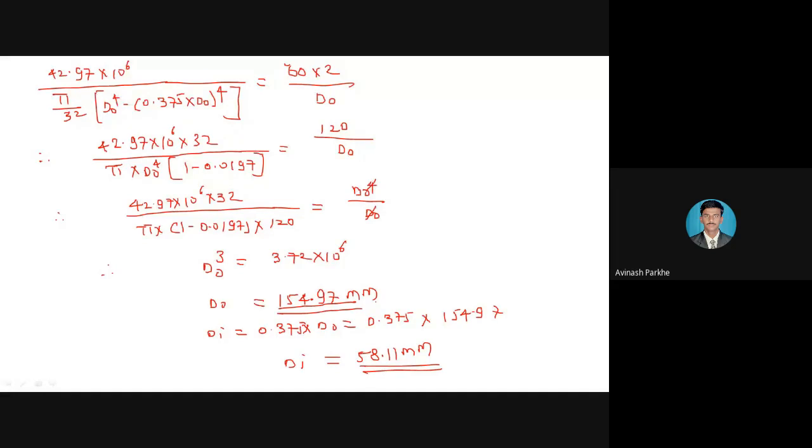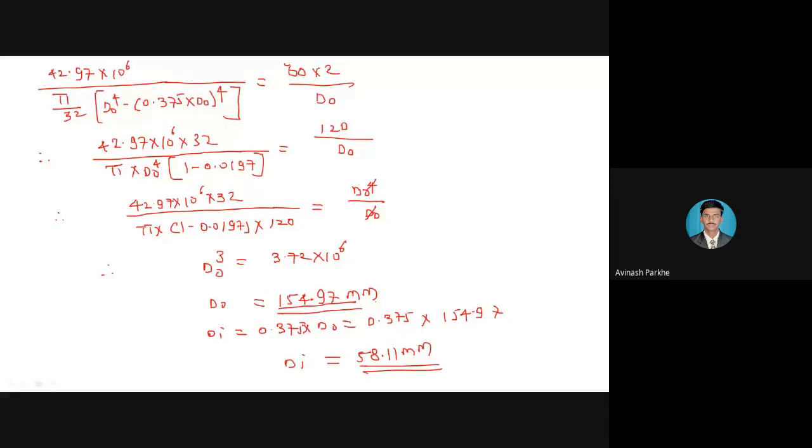This is the internal diameter, and external diameter 154.97 or 154.98. Both the answers are accepted. So these diameters we have calculated by using the shear stress formula, that is T upon J is equal to